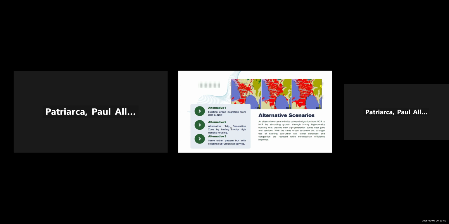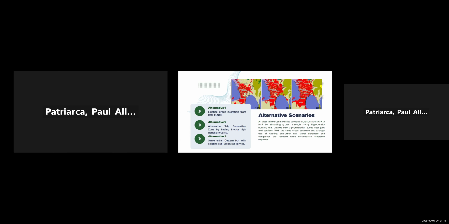For alternative scenario number two, what if we transfer the trip generation zones inside Metro Manila itself by having in-city high-density housing? Would it reduce travel demand? Would it reduce congestion on our roads? If yes, by how much? We wanted to test this in our simulations as well.